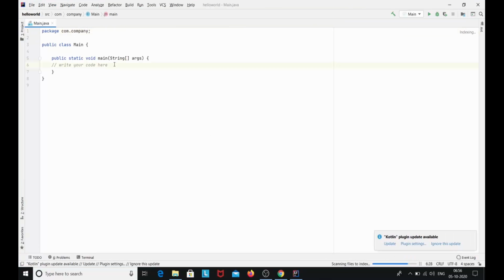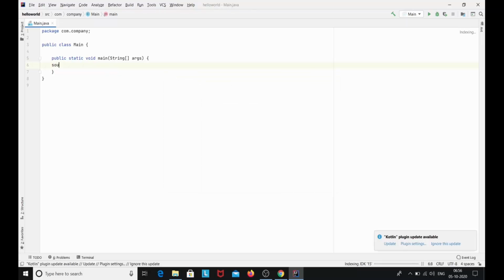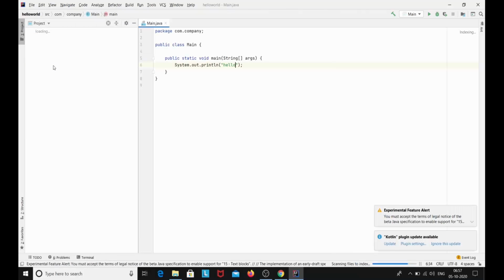So let's run a program over here. I'll simply write sout, and here you can see, if I write sout, it's System.out.println. So this IntelliJ IDE has a very cool feature of auto completing it. Like if I write sout, it becomes System.out.println, and there are many more shortcuts to this. We will learn as we keep on programming. So I'll just write hello world,